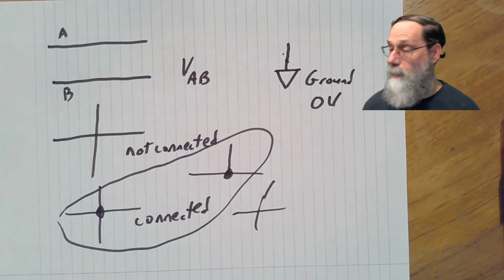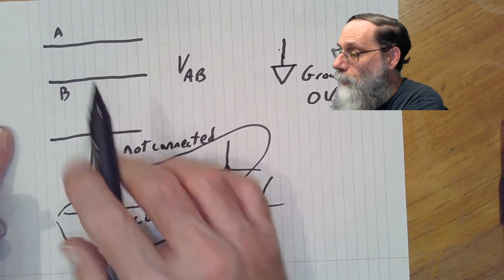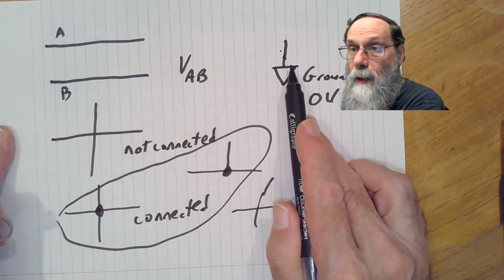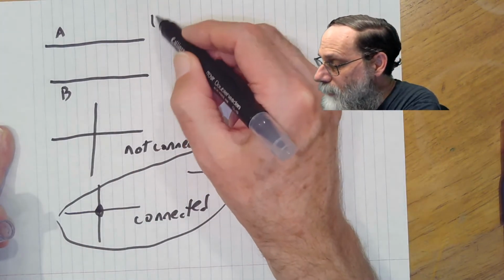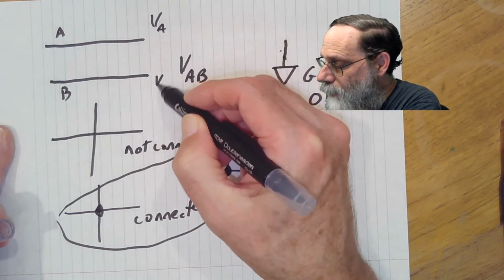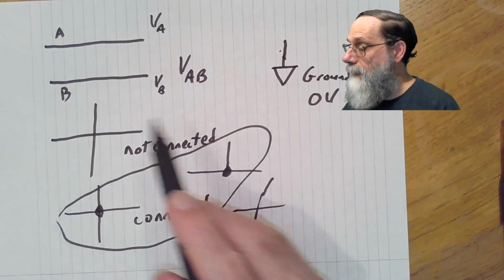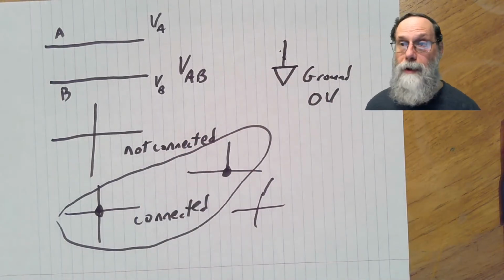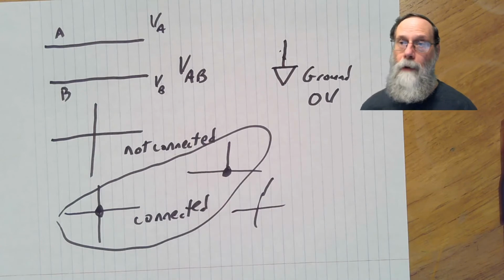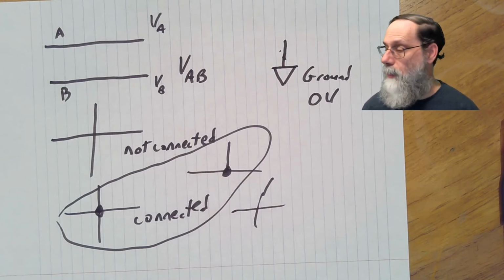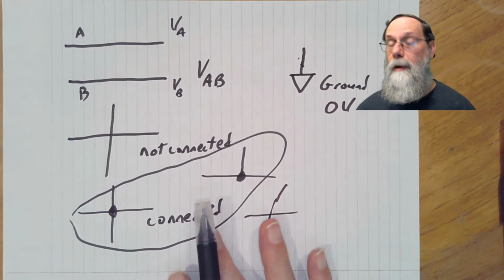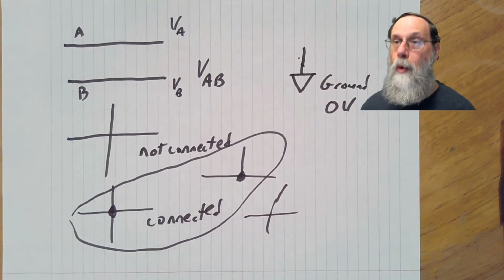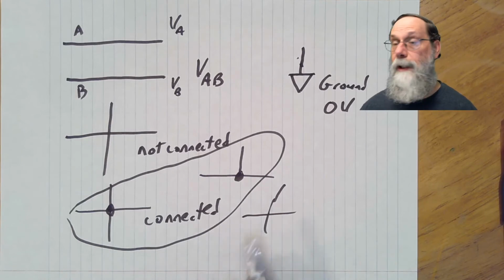So now if we want to say, what is the voltage between A and ground, or what is the voltage between B and ground, we can just write V sub A, V sub B, leaving out that it's with respect to ground. If you only give one node for a voltage, the other one is always this special node ground, which is just an arbitrarily chosen node in our circuit.